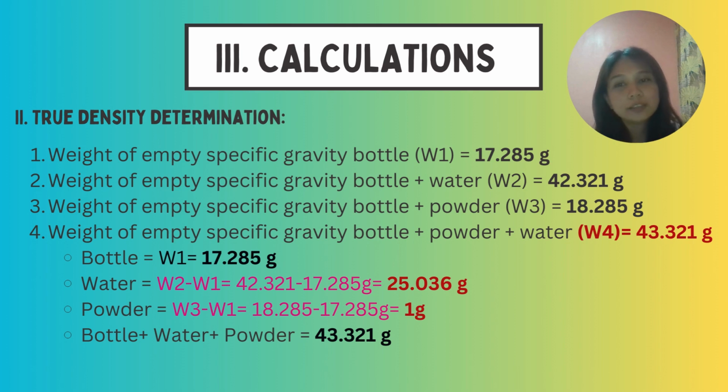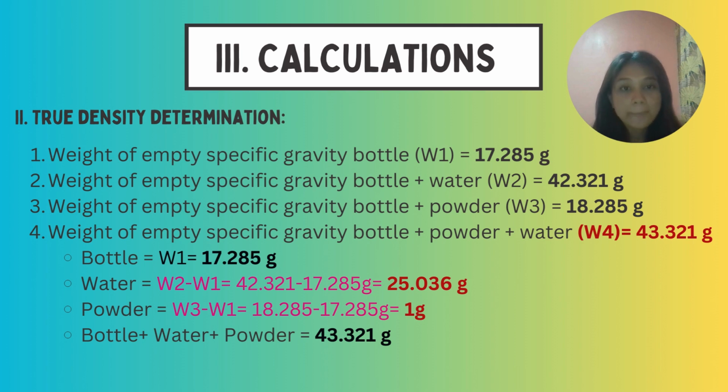Now for the calculations of the true density determination. First, we have the weight of the empty specific gravity bottle, which is considered our W1, which is 17.285 grams. And the weight of the empty specific gravity bottle plus water, which is our W2, has the value of 42.321 grams. And then the weight of the empty specific gravity bottle plus powder, which is our W3, has the value of